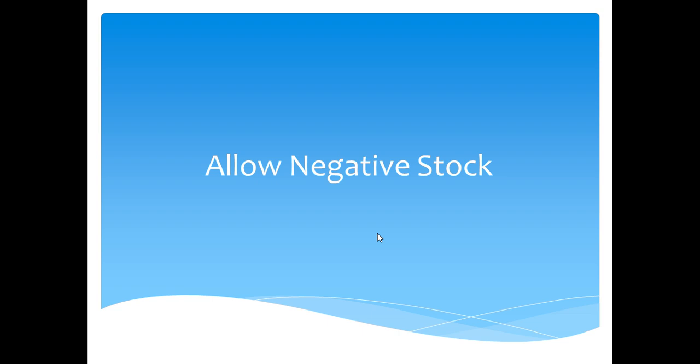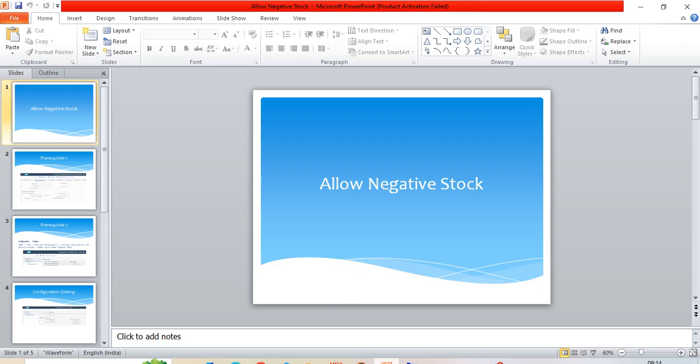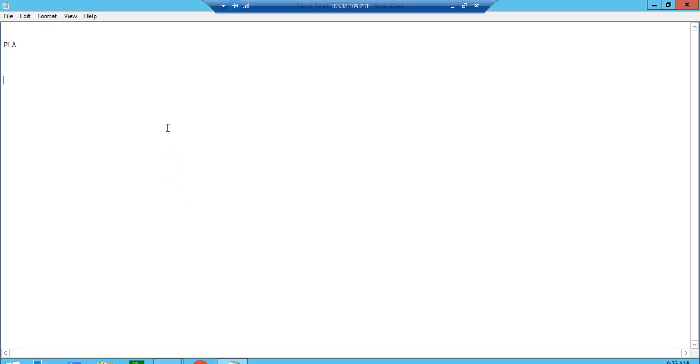Let's discuss the allow negative stock scenario. For this we'll consider one example. Let's say we are running one manufacturing plant. Let's say the plant is ZP01. This is a manufacturing plant, and in this manufacturing plant we produce